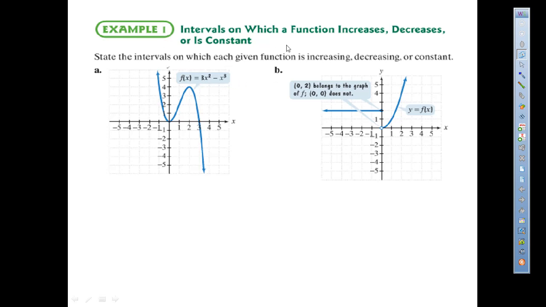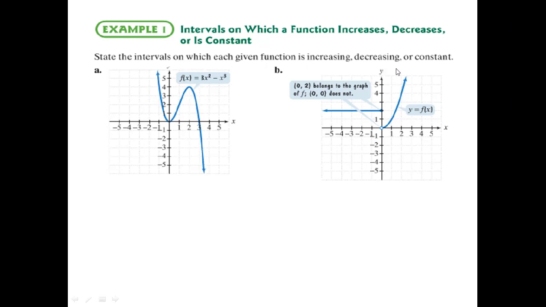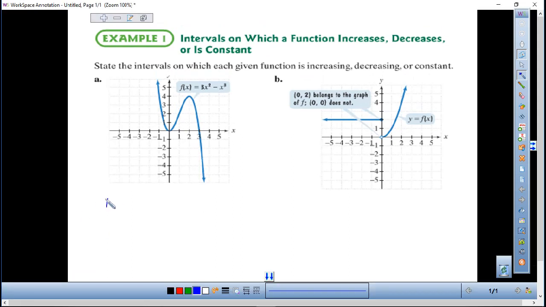All right, so on these, let's identify the intervals on which each given function is increasing, decreasing, or constant. So we'll do increasing, decreasing, and constant. And we'll just do this in interval notation, remembering that parentheses do not include the endpoints, brackets do. When you're transitioning from a decreasing to an increasing, you typically just leave that open because it's neither one at the endpoints. So for instance, if I'm looking at this function right here for a, it's decreasing over the interval